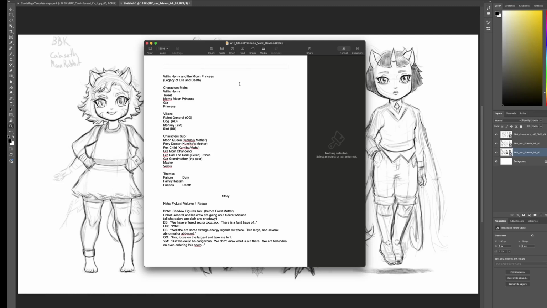I usually have the title, the main characters, and then the villain. The villain is usually the driver of the story. It is their want that causes the hero to act. And so they are usually a main focus of the story. And then there are sub-characters, characters that aren't going to be drawn as much as the main characters, the main cast. So usually I try to work out the main cast first, villain also at the same time, and then sub-characters.